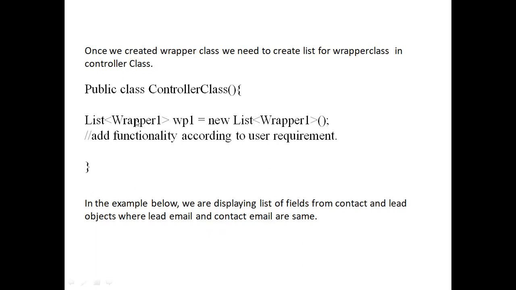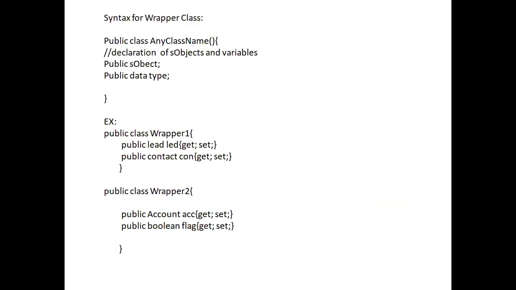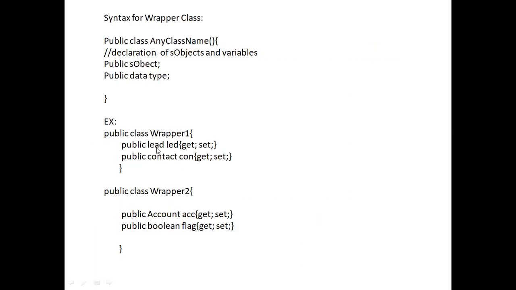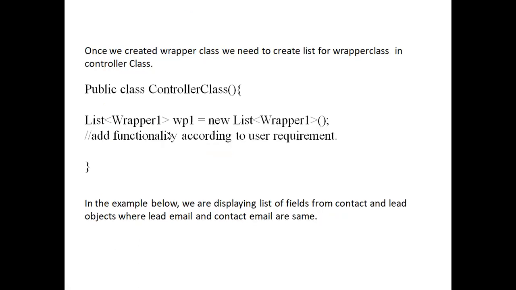Here wrapper1 allows the two object types because we are combining these lead and contact objects into the wrapper1 object type. So we can display those two object fields in one table.